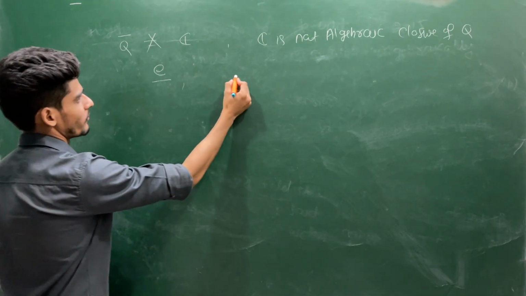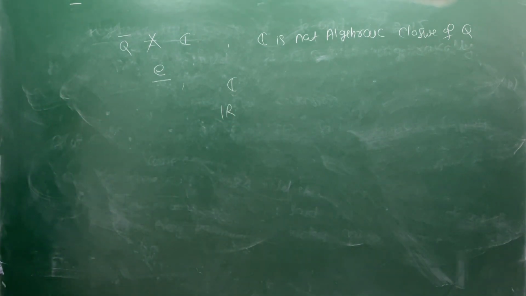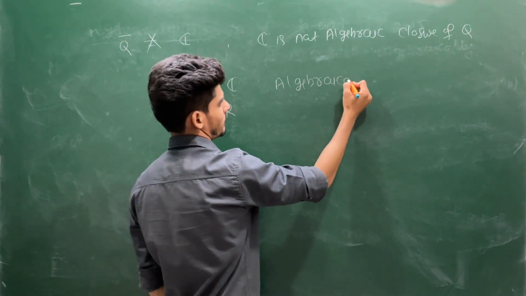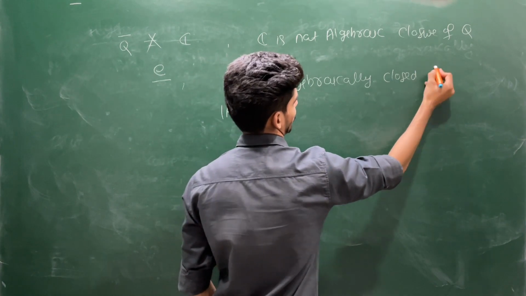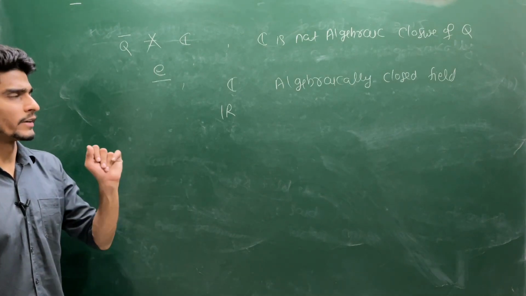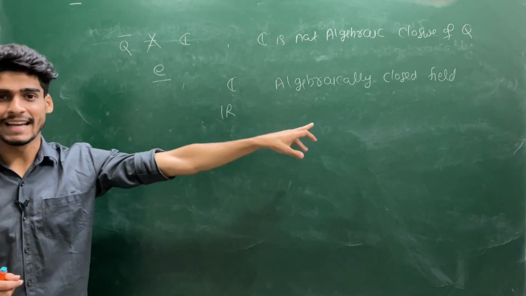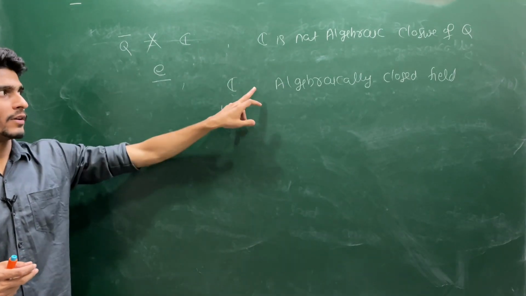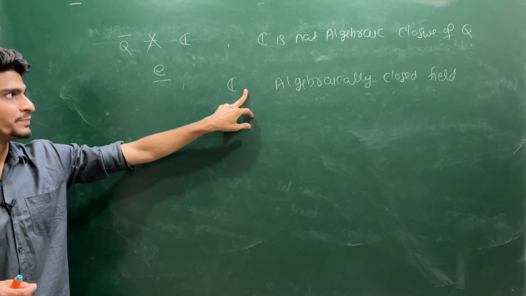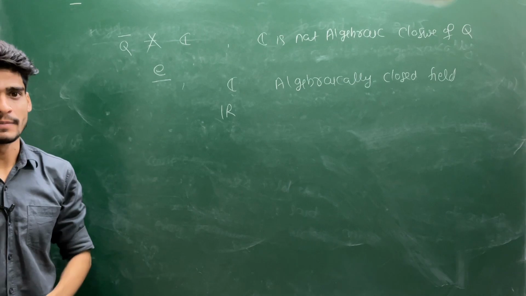But what can you say about this C? Whether this C is an algebraically closed field or whether this R is an algebraically closed field. See, this is an algebraically closed field, which actually comes from the fundamental theorem of calculus. Sorry, not calculus, fundamental theorem of algebra. If you take any polynomial defined on the complex field, it has exactly as many roots as the degree of that polynomial. So this will have complex roots. So this is an algebraically closed field. You choose any polynomial in C, the roots will always land up in C.